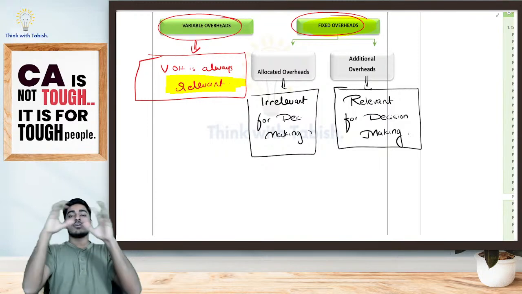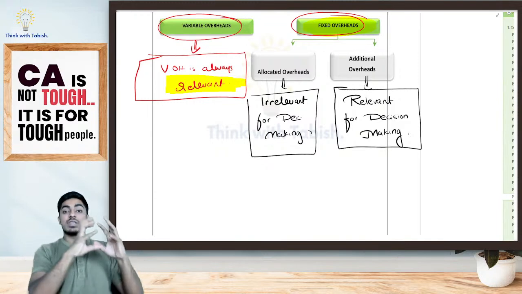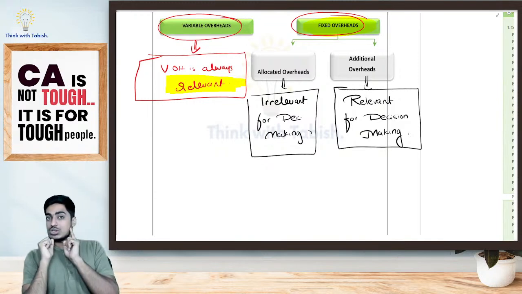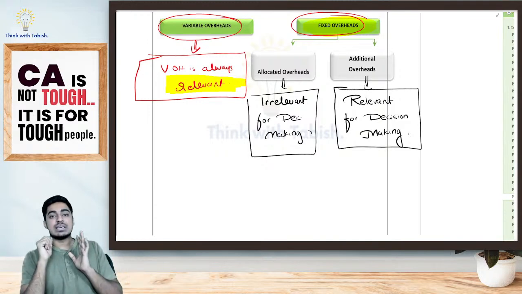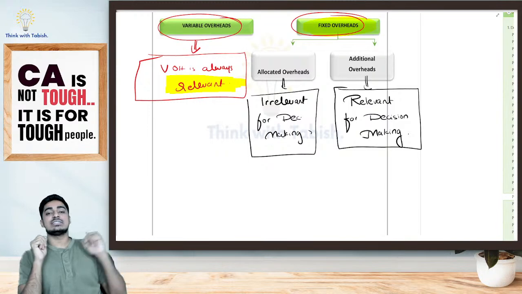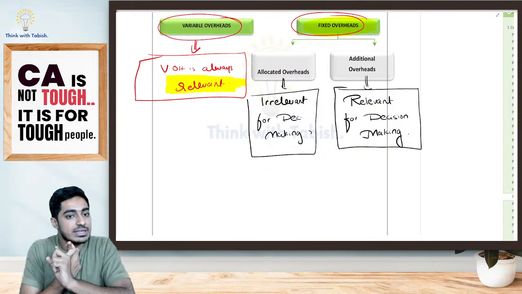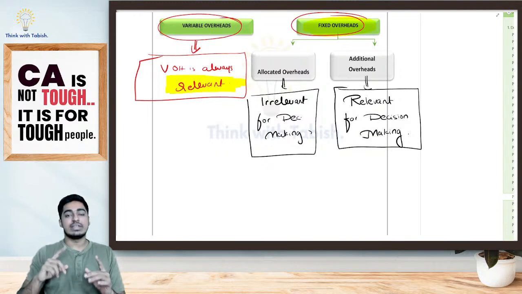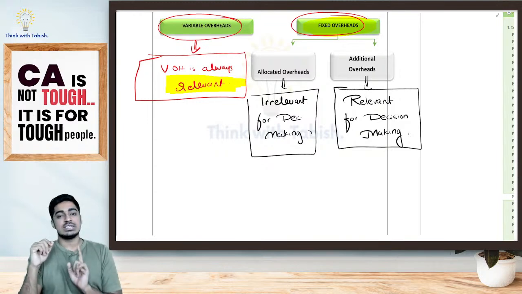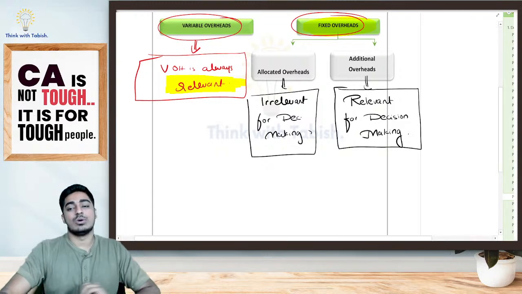Next, coming to labor, for additional employees, for new employees, whatever amount I'm going to pay is going to be relevant. But for existing employees, I ask if there was a spare capacity. If there is a spare capacity, the relevant cost is nil. There is no relevant cost at all. But if there is no spare capacity, that is, the employee is sacrificing his existing work, then the wages as well as the opportunity cost is going to be relevant. Is it clear, students? Again, coming to overheads, variable overheads is always relevant, and fixed overheads, allocated overheads is irrelevant, but additional overheads is going to be relevant for decision making. Now, going for the final item,